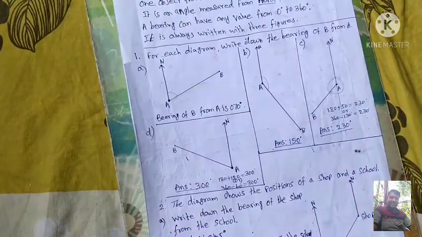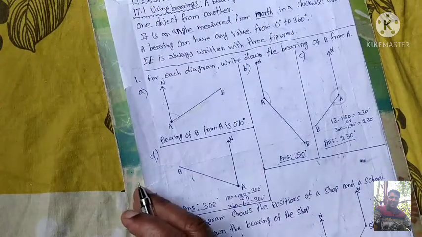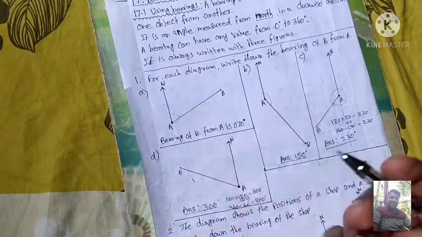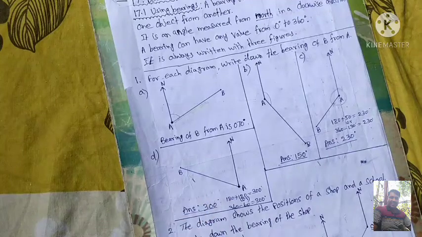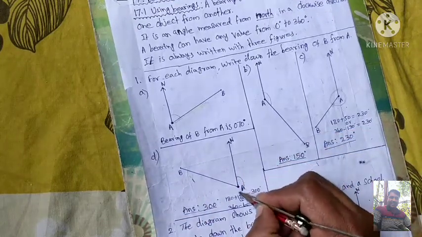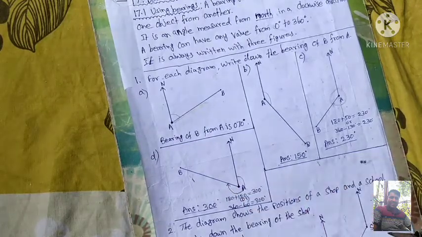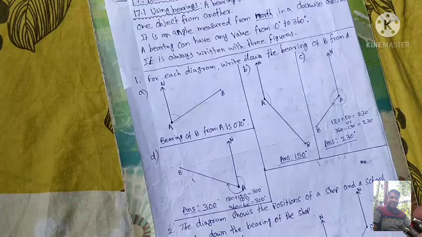So we will do one more. So question number D, we have the same picture. The line is left side of the north side, okay, left side. So you already know that we are going to measure this angle. So first mark which angle we are measuring. So we are measuring this angle, is that right? So you can use two methods, 180 method or 360 minus method.